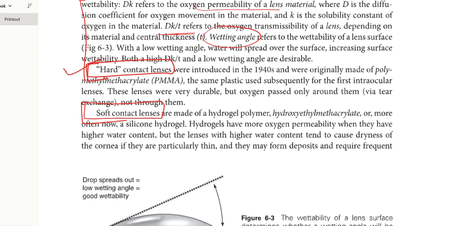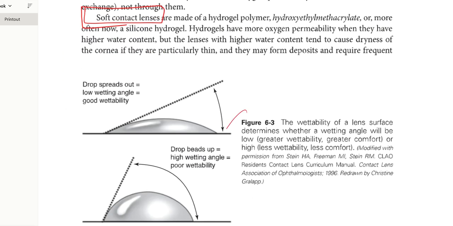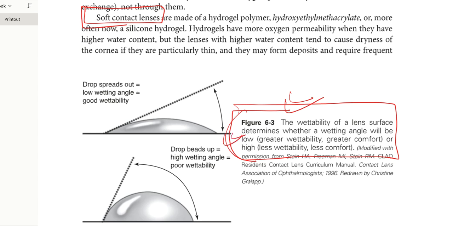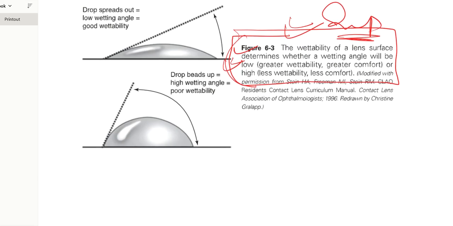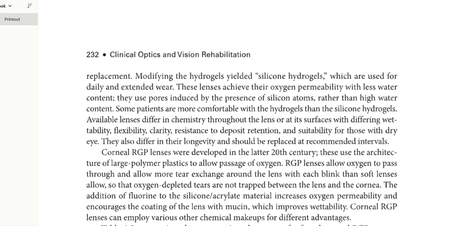Okay. A very important point is written here: the wettability of the lens surface determines whether the wetting angle will be low. Okay, please read this point very carefully. All this is very important. Okay,